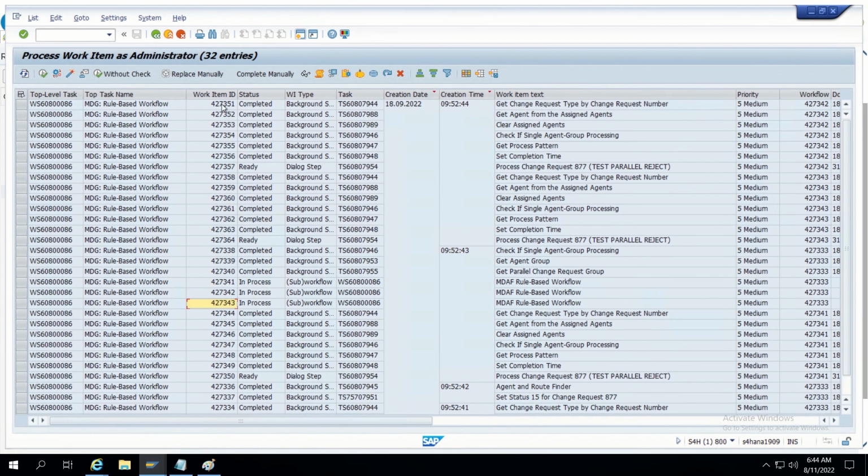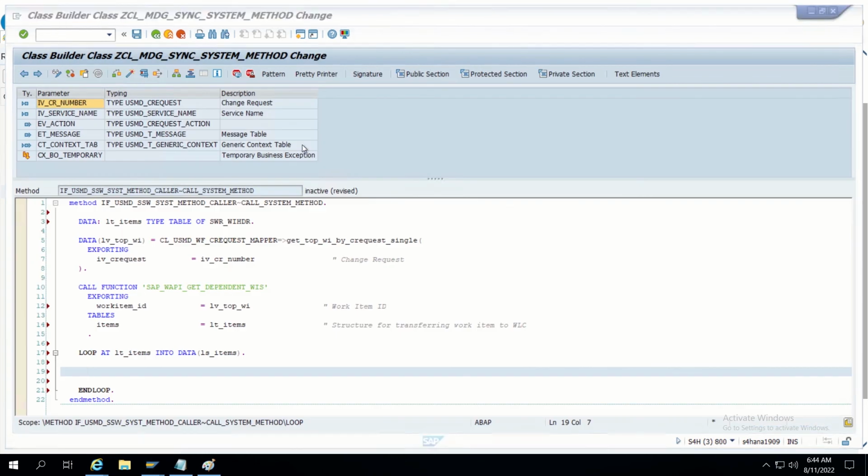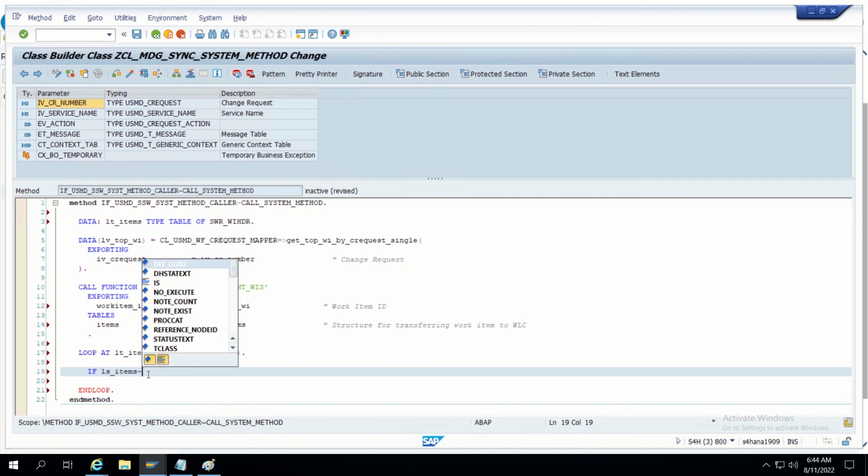We have to first check work item status and then work item type. So let's filter from work item type. If LS items, what are these having? It is having work item ID,